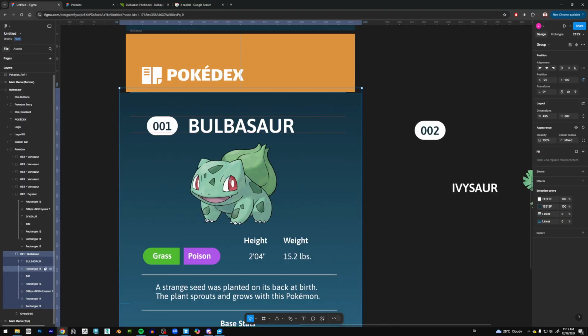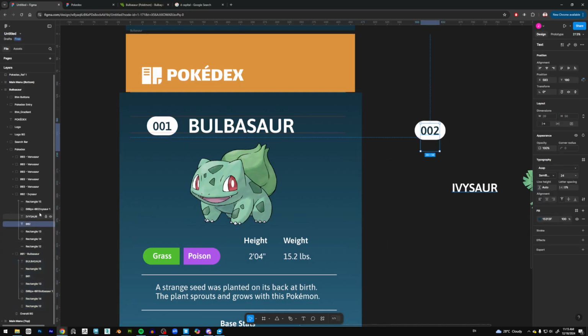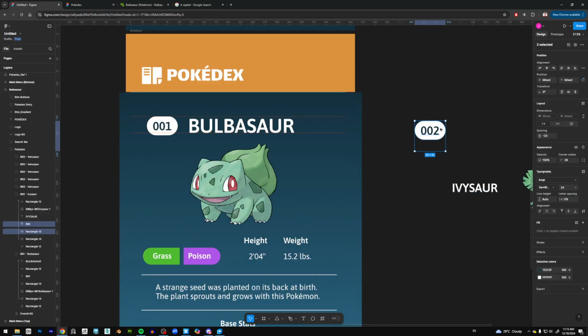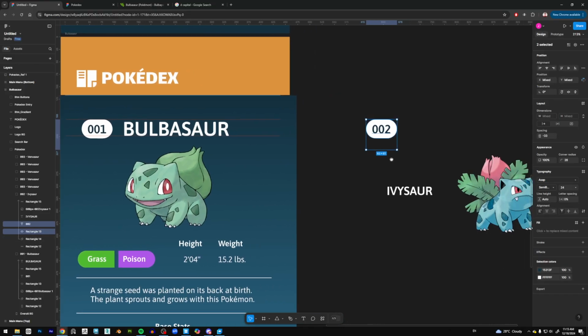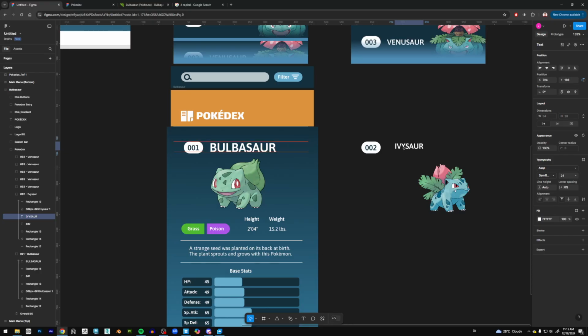And then let me just go back to this one. Okay, yeah, so it is somewhat aligned like this. And then for Ivysaur,